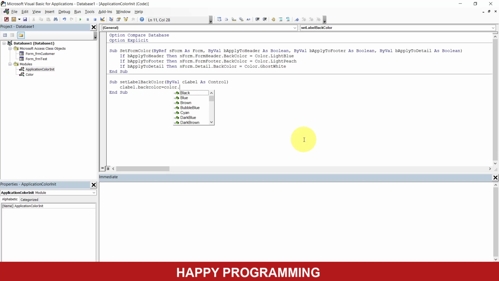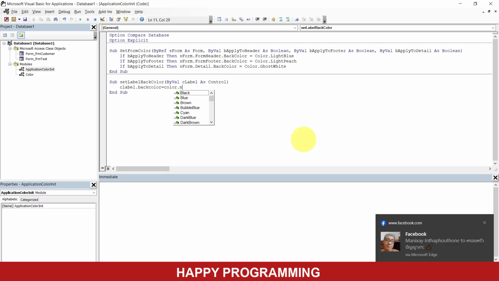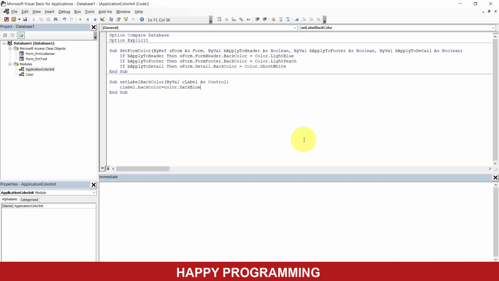How about back color to blue? Let's make it dark blue. And now I'm also going to set fore color,